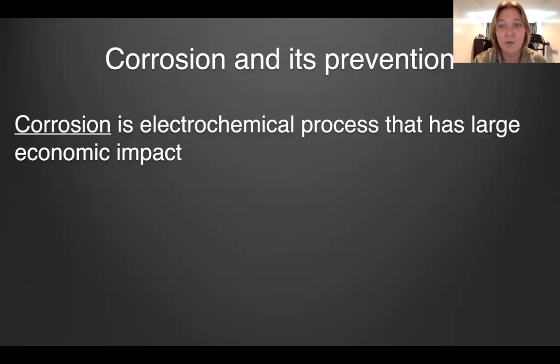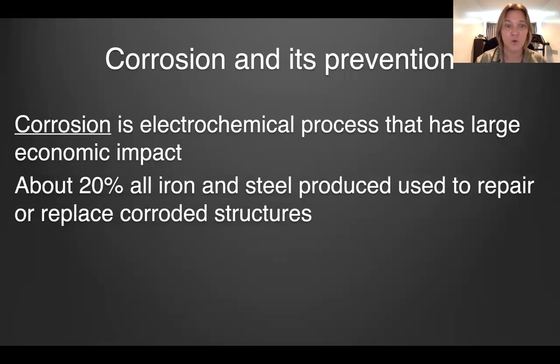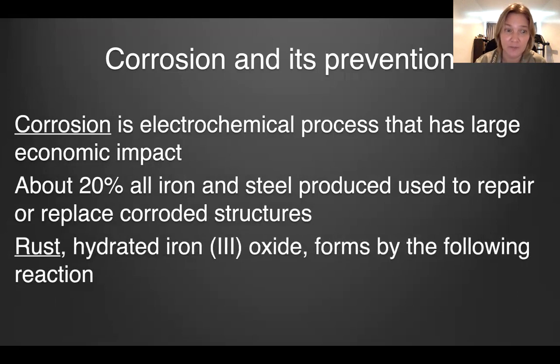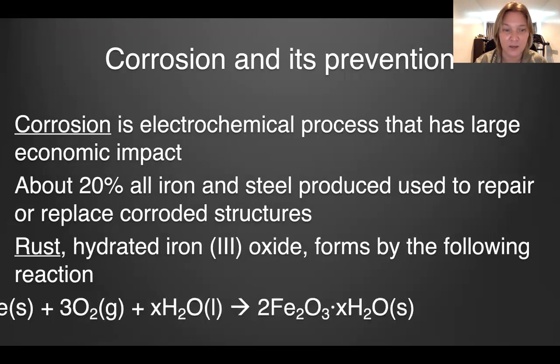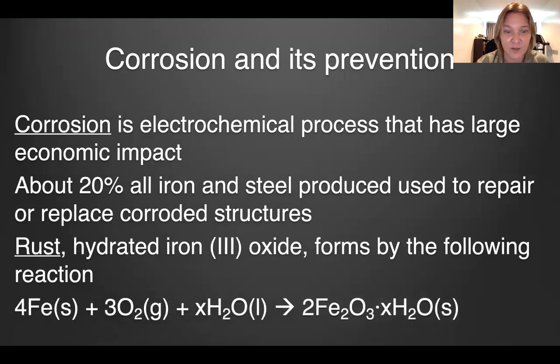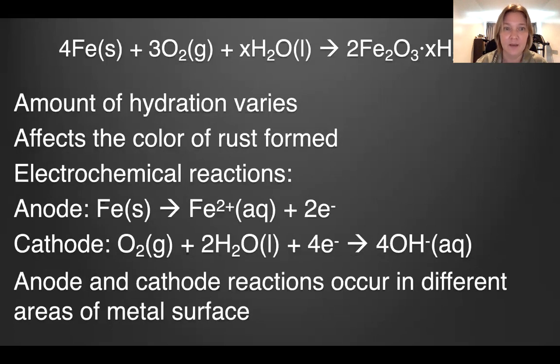Corrosion is an electrochemical process that has a large economic impact. About 20% of all iron and steel produced is used to repair or replace corroded structures. Rust, which is hydrated iron(III) oxide, forms by the following reaction. We have iron in the presence of oxygen and water yielding hydrated iron(III) oxide, which is rust. The amount of hydration varies, which is why there's an x in front of H2O,